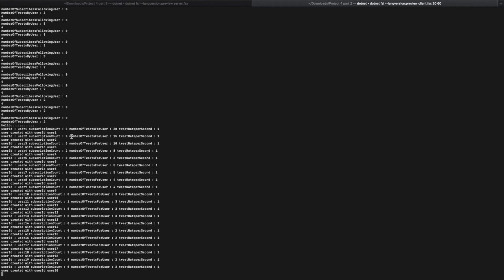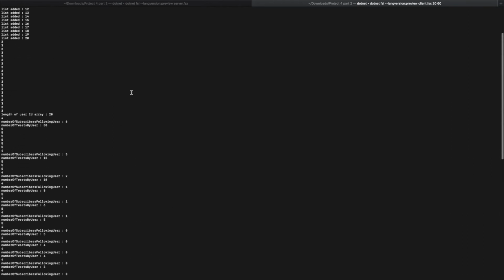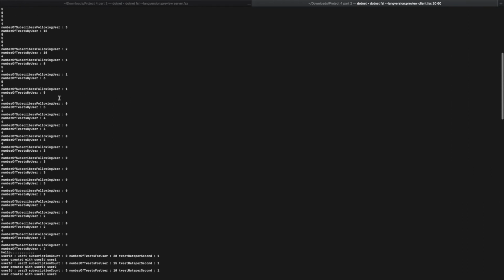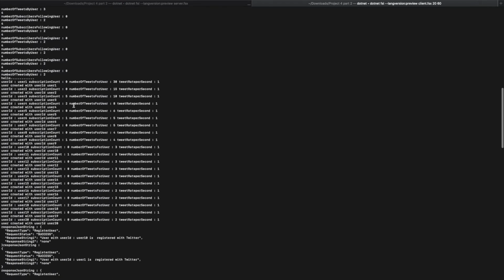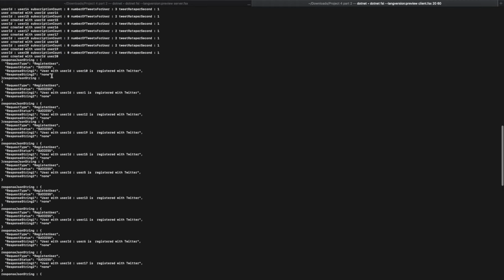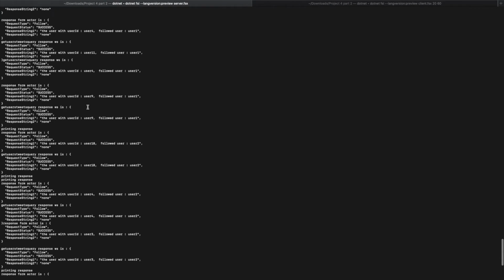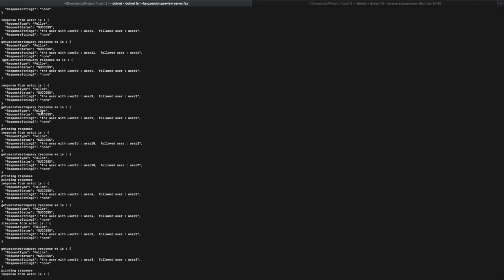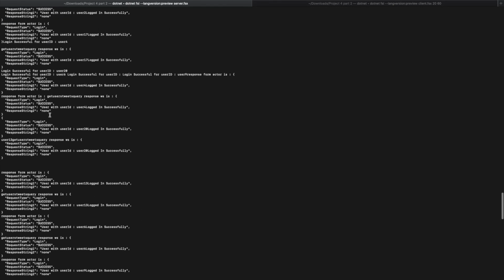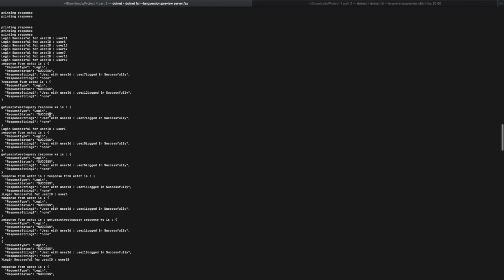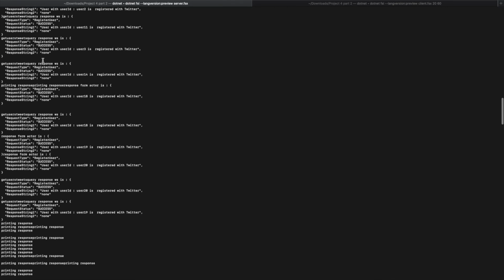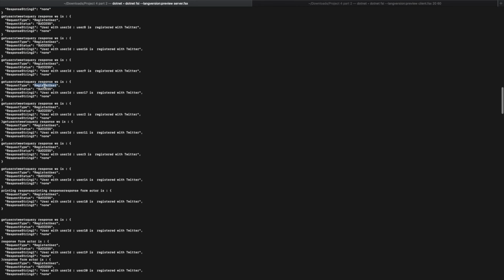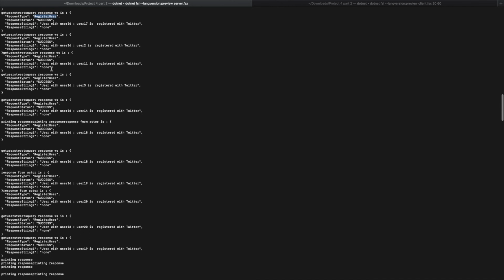As you can see, currently the Zipf distribution has been prepared, and users have started registering, and this is the server side. The server side is also printing responses on its end. It says the follow request succeeded. Initially it started with registration. As you can see, registration is happening, and it is a success.